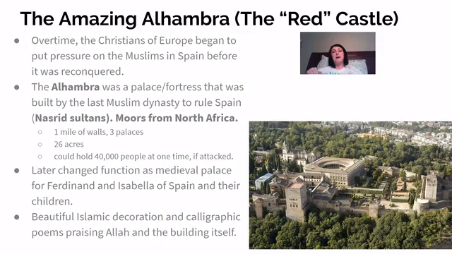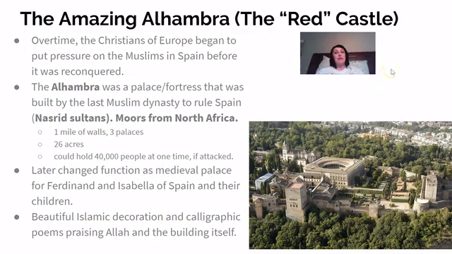Eventually, Ferdinand and Isabella, whenever they take over Spain and reconquer it for the Reconquista, are going to raise their children here. And Catherine of Aragon, who was the first wife of Henry VIII, so Henry VIII of England is going to be around during this time. Catherine was the baby daughter of the daughters in this family, and when she went to marry first Arthur and then eventually Henry because Arthur dies, she would tell them stories about growing up in the Alhambra and wearing the Islamic or Arabic type of clothing, and she just fascinated people with those stories.